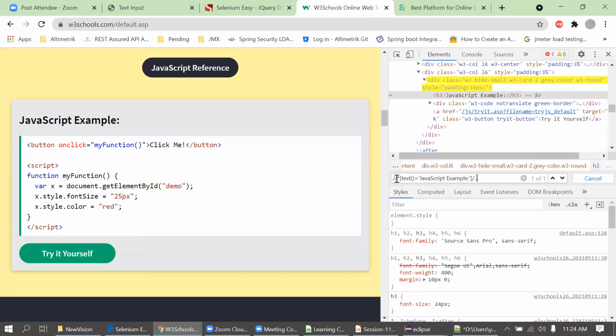Simple means you are just starting with the div and writing the class. We are writing a relative XPath: double slash, then star, then bracket opens, at the rate, then tag name, then equals to, then the exact name of that tag. So at least you are putting the tag name, right? So the tag name is changing. Yeah, exactly.